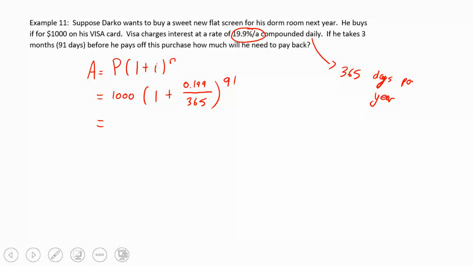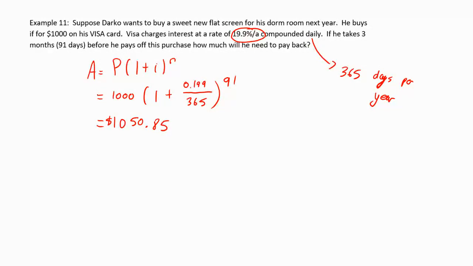So this is going to be 1,050.85. So he would have to pay back 1,050.85. Again, guys, this is only after 3 months. So Visa has made $50 just by lending you the money for a while, but they're charging you a very, very high interest rate. So he'd need to pay back